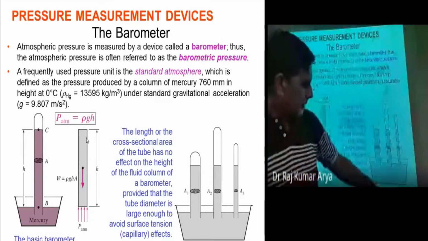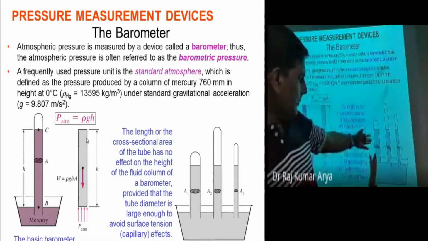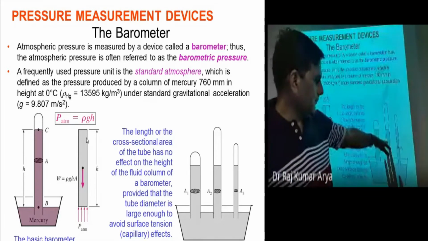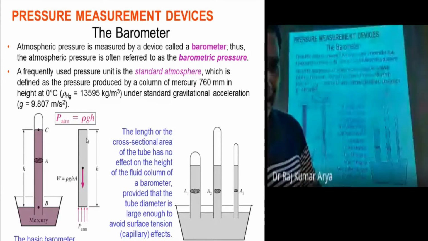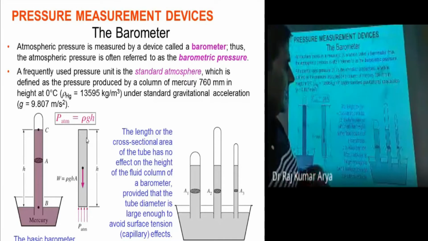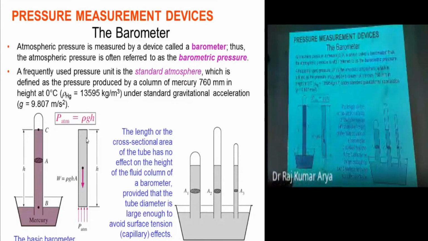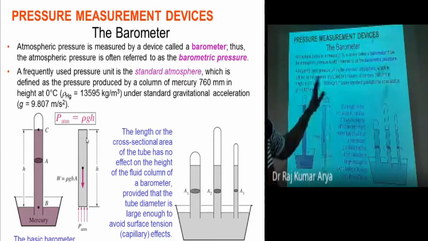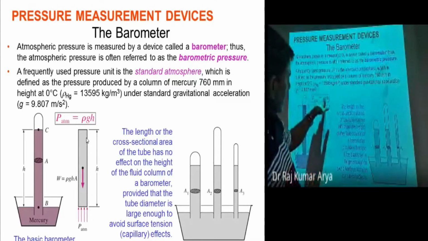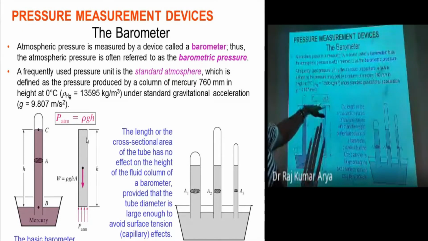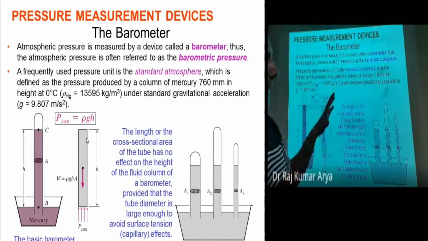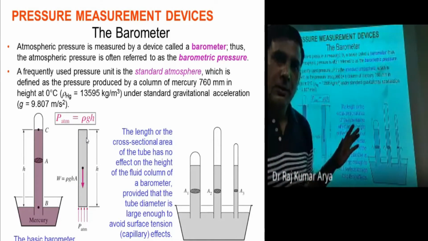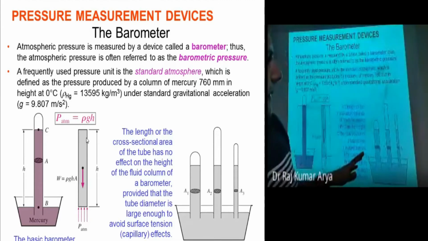Now here in this particular part, you have one bigger diameter tube, another smaller diameter tube, and another further smaller diameter tube. This is because in this calculation, finally you got P atmosphere equal to rho g h, right? In this expression, you are not getting anywhere that pressure is a function of area. So pressure is not a function of the area.